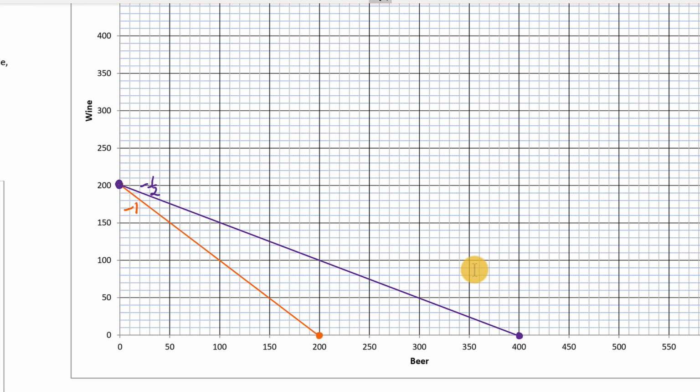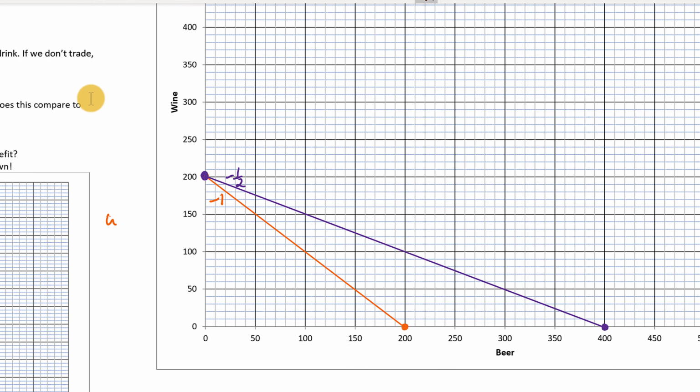The next question asks, what is the equation of the production possibilities curve for France and for the United States? Often these can come in handy whenever you're doing these kinds of trade problems. So let's start with France. This orange line, what if we wanted to write an equation to describe this line? Well, y equals mx plus b, but we have wine on the y-axis, so we might write this, instead of y, w for the y-axis equals mx, okay, -1 is the slope, x is beer on the x-axis here,